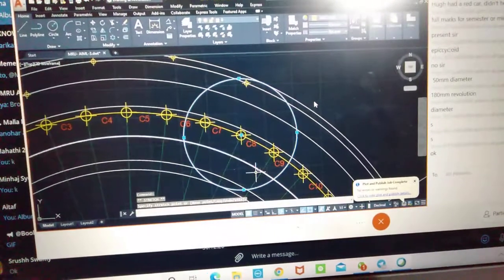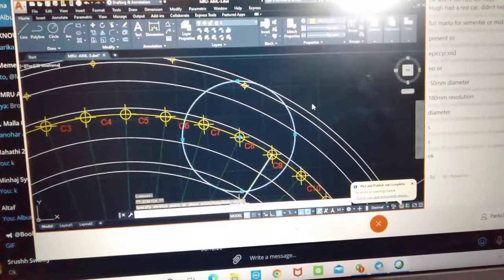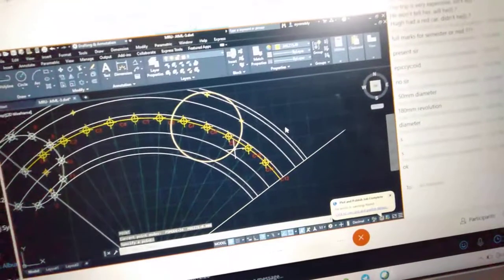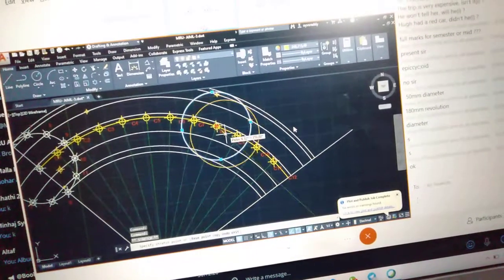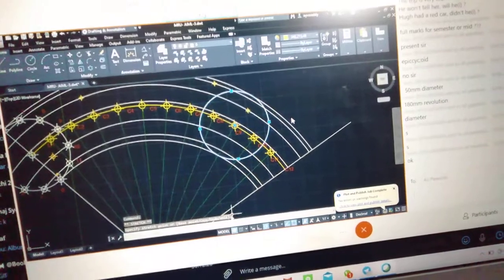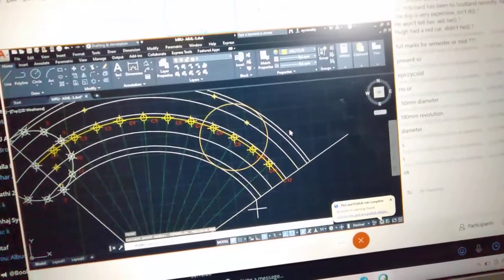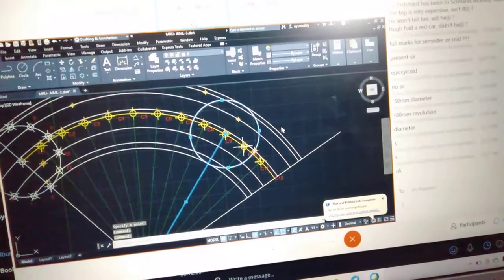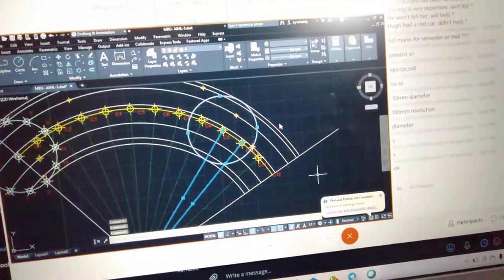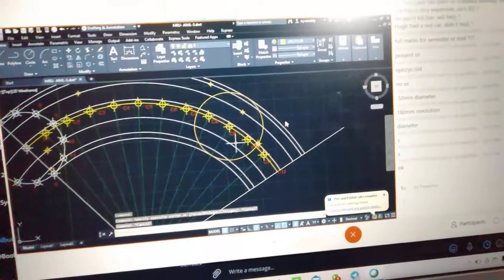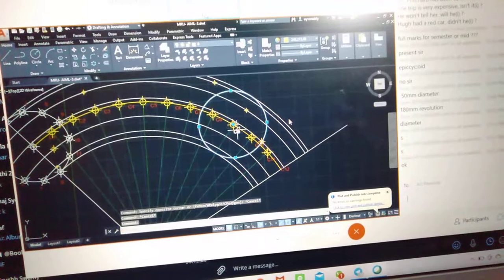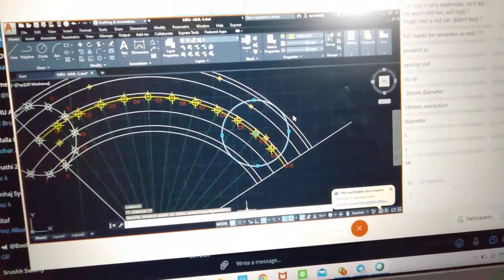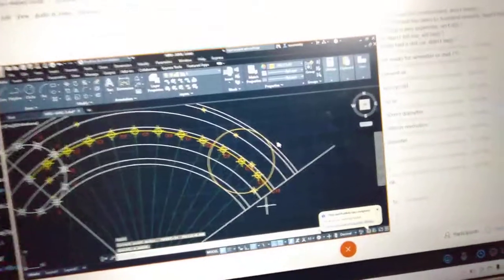Now, C8, just mention the point. And the 8th point. Then move this one. 9th point. Point CO. Make it here. Then select the circle. Move to the 10th point. Move the circle to the 10th point. And then make it a point there. CO, enter. Make it a point.